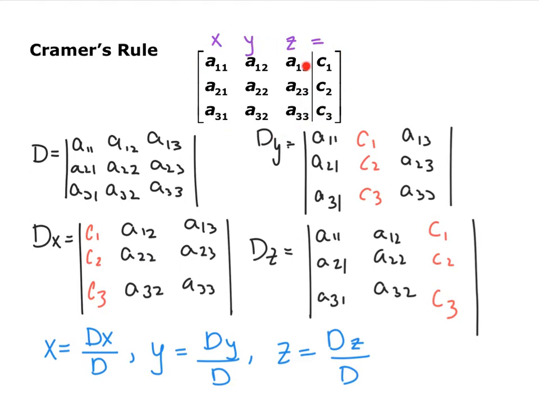So you drop off the augmented part, you drop off the constants, and take the determinant of this coefficient matrix. So that's what we're calling D. D sub x: